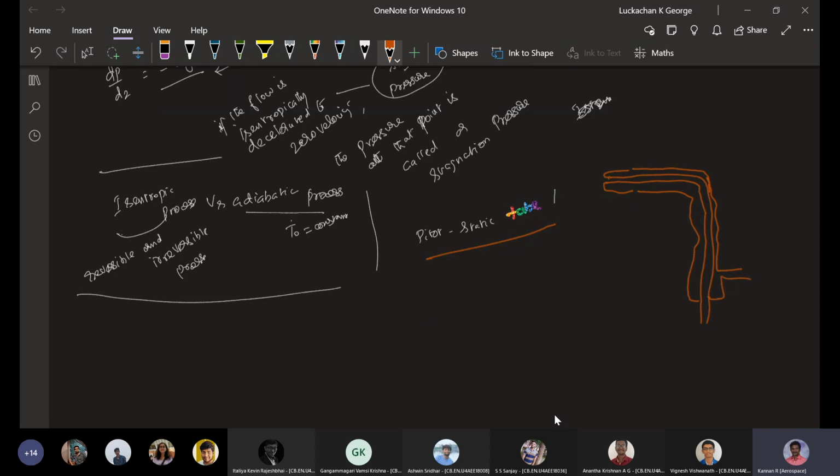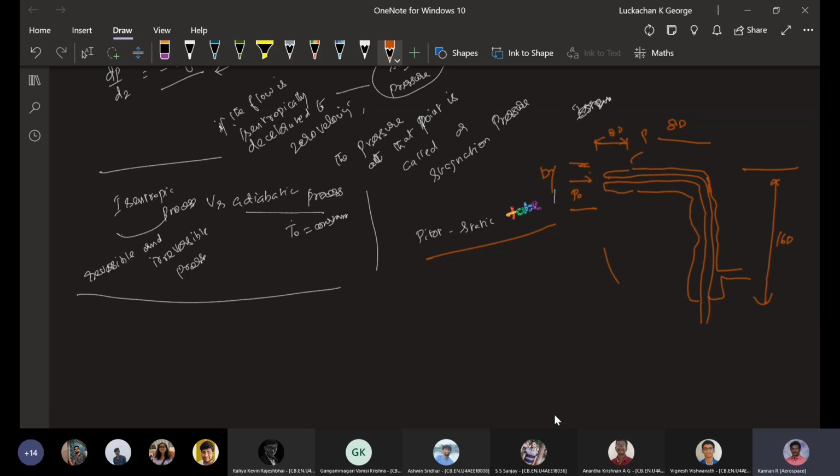This is basically an L type. This is where we are going to see your P naught, and this is where we see P static. If you take this as D, the diameter, capital D, then this is 8D from this one, another 8D, and this is 16D. This is a simple construction of the Pitot static tube.